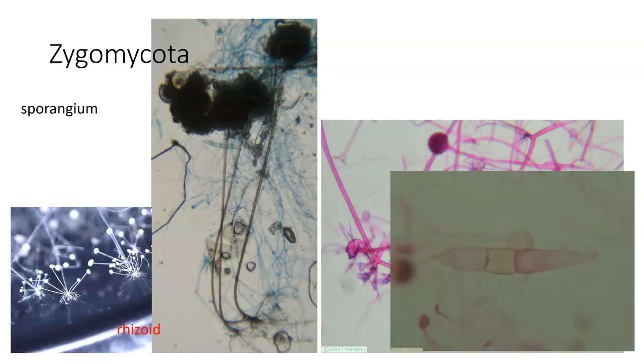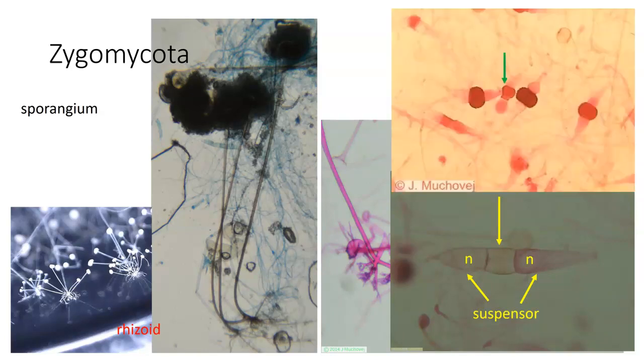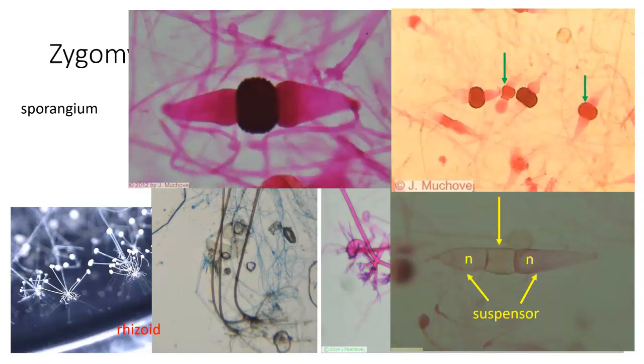When we talk about the sexual part of the Zygomycota, we talked about the suspensors that are formed on the outside, and these are actually hyphae that come in contact with each other to find out if they're compatible. If they are compatible, they start out by producing a sporangium on the inside, and that sporangium will increase in size. Remember that the suspensors are N, and that's going to give us an N plus N part on the inside of the sporangium. And over here we can see sporangia of different levels of maturity.